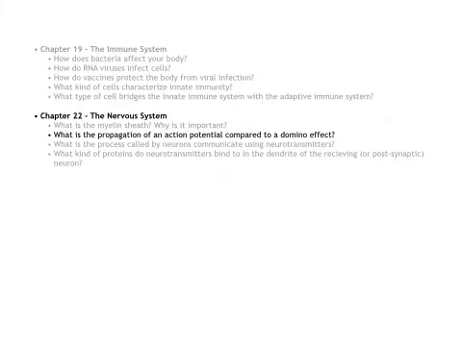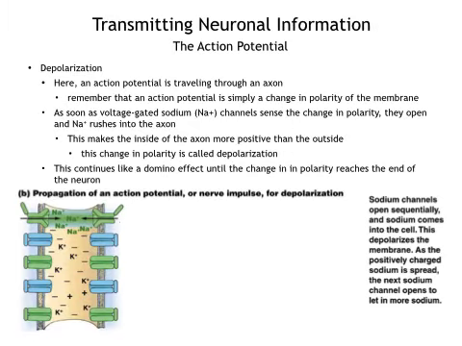And what is the propagation of an action? Oh, sorry. They should say, why is the propagation of an action potential compared to a domino effect? In this slide, we talked about depolarization, but here I just want you to focus on the figure. Basically, an action potential has started and it's traveling down the axon. The sodium channels are going to sense the action potential and open up. As they open up, they let sodium ions in, those Na plus in green. They let those sodium ions into the axon, and that's going to depolarize it, change the polarity of that